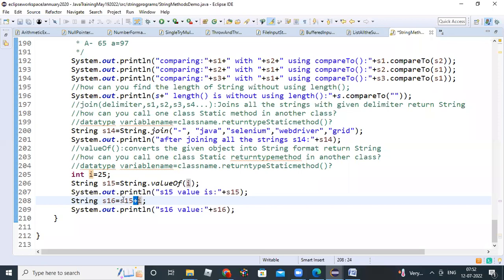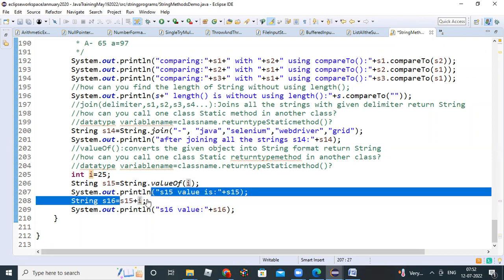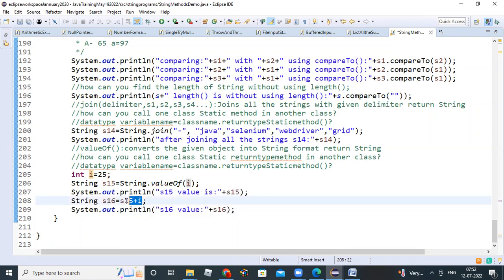Yes. Then this is a string. String plus integer, what is the output you will get? 25. Then why are you saying 50? You forget the basics. In the beginning classes we told that. So anyhow, that's all the methods of